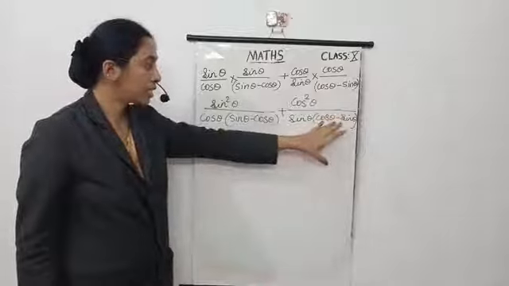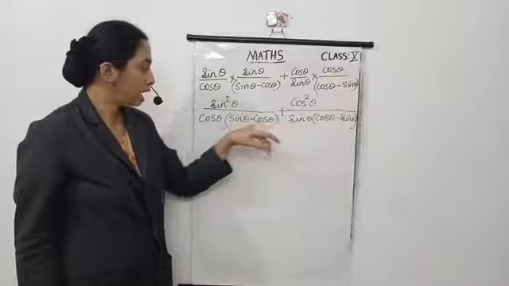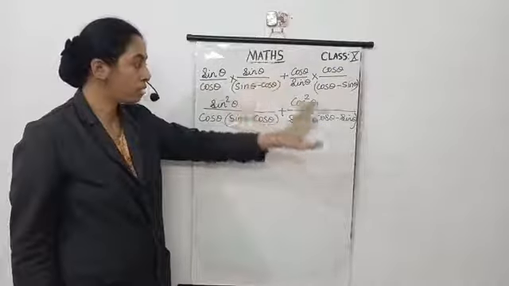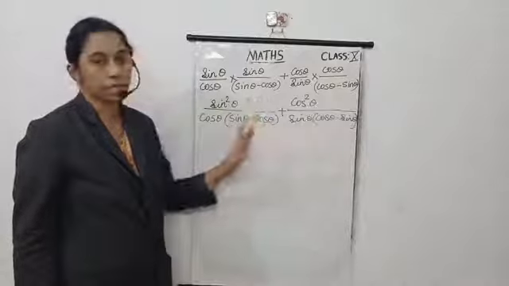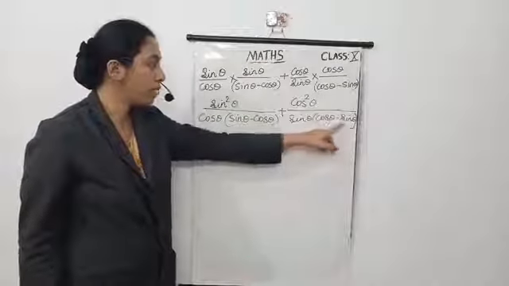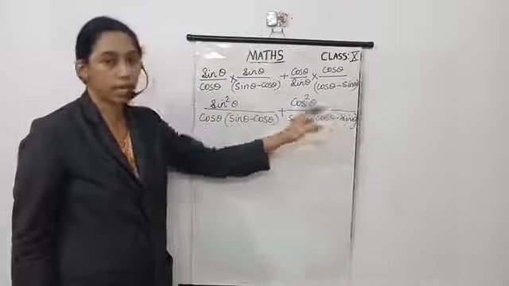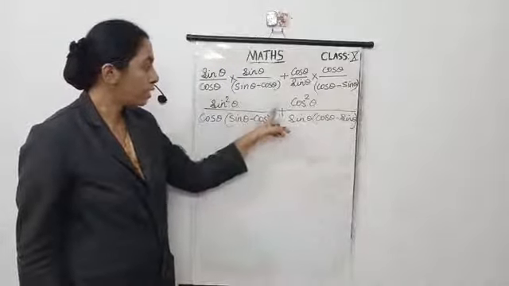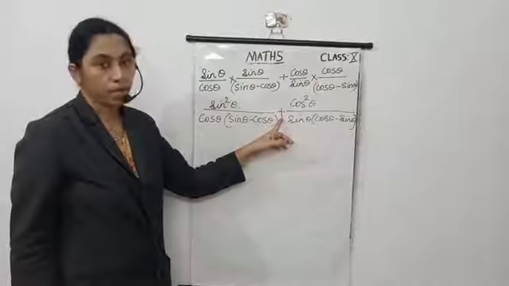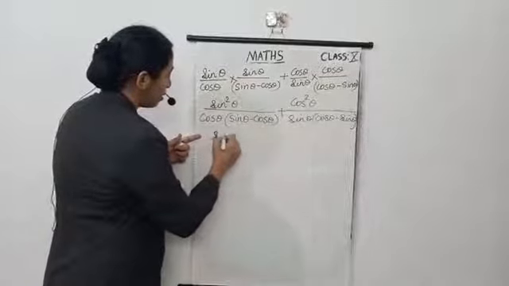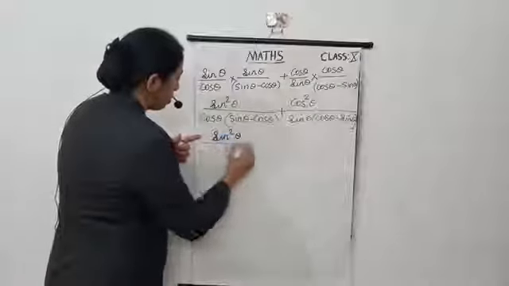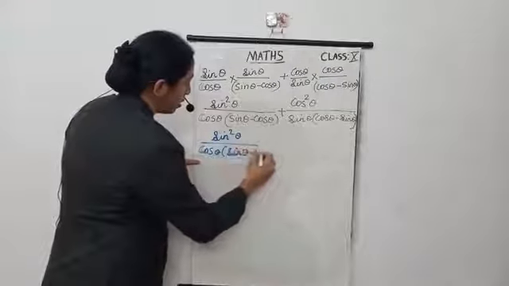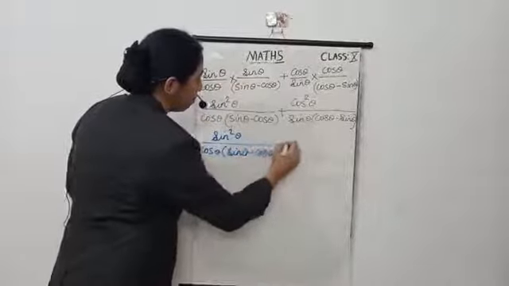So we can rewrite this as sin theta minus cos theta, but just consider one thing: take a minus outside, otherwise it is wrong. So here we replace this cos theta minus sin theta with sin theta minus cos theta, but replace this plus with minus. Okay. So this can be written as sin square theta by cos theta into sin theta minus cos theta minus,